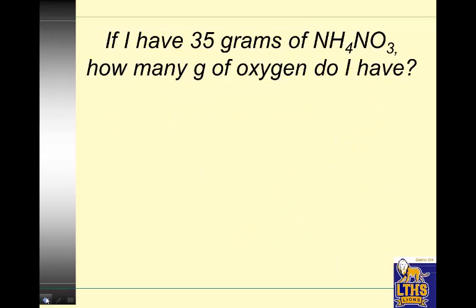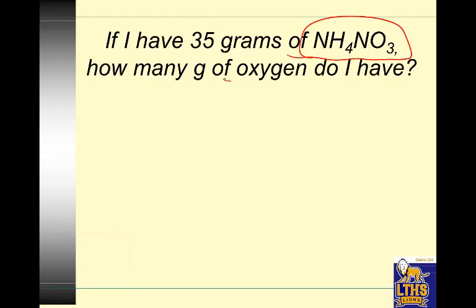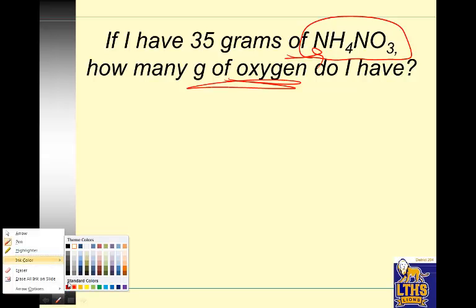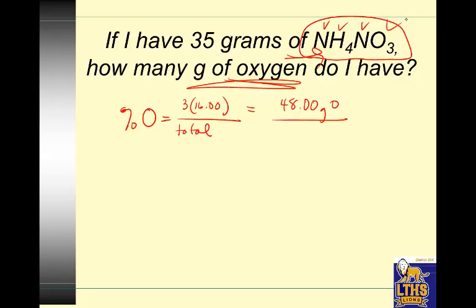Okay, so what else can we do with the percentages? Well, we can figure out, I want to isolate how much oxygen is in this sample of ammonium nitrate. Okay, so there's a couple ways to do this problem. I'm going to do it using the percent. Okay, so in this compound, I can figure out the percent of oxygen overall. So I would take the mass of oxygen, so 3 times 16.00, because there's 3 oxygen, so there's 48.00 grams of oxygen for every total nitrogen plus 4 hydrogen plus another nitrogen plus the 3 oxygen. I find out 80.06 grams in